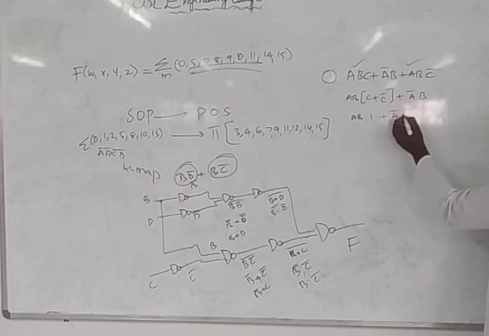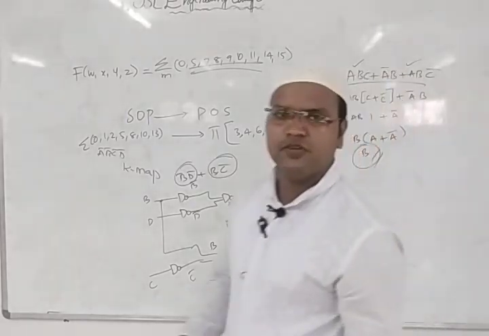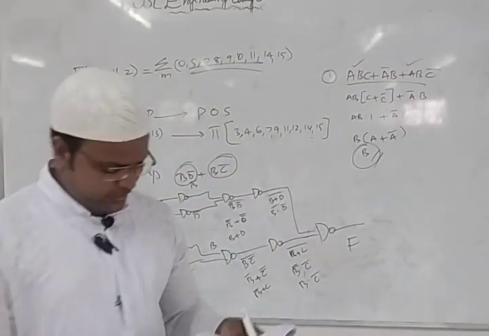So again we got A bar B. Again I can take B common, and I get A plus A complement. What is A plus A complement? It's 1. So this whole function we made into a single literal, that is B. This kind of question you will get, a lot of questions are there, so you have to modify it.